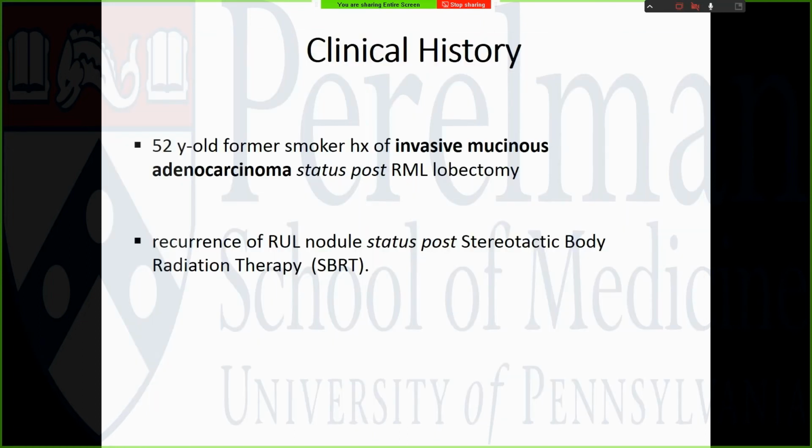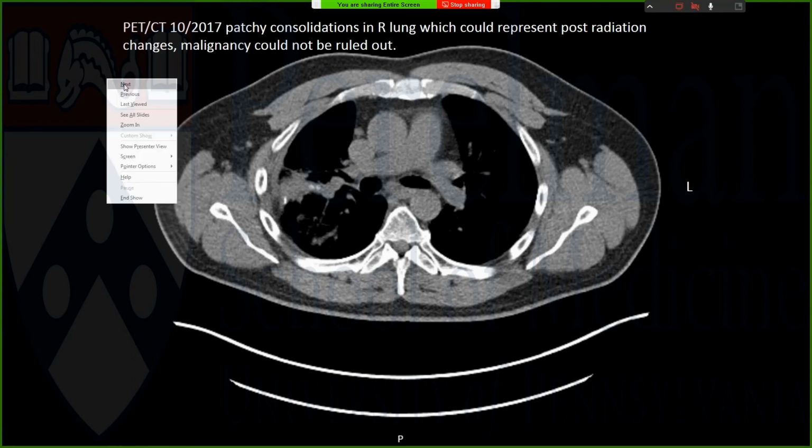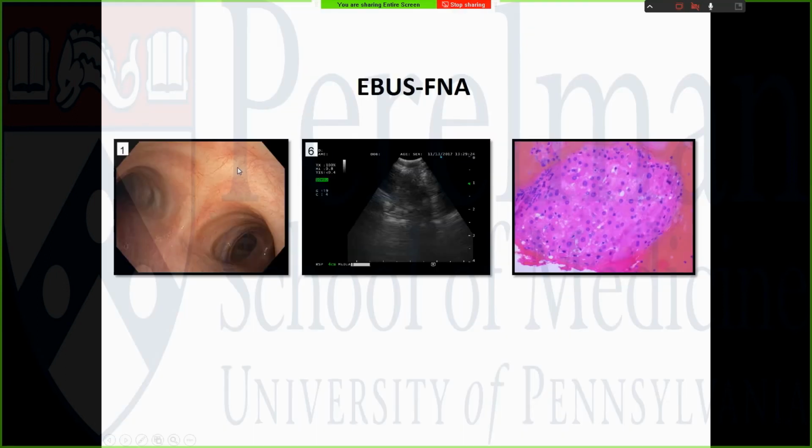So then my last case I'll present was of a 52-year-old smoker. He has a history of invasive mucinous adenocarcinoma status post right middle lobe lobectomy. He had developed a recurrence of the upper lobe nodule that was treated by stereotactic body radiation therapy. And in his follow-up, he had a PET-CT that was showing some changes in the right upper lobe. It was not clear if this corresponded to radiation changes, but malignancy could not be ruled out, so he underwent a